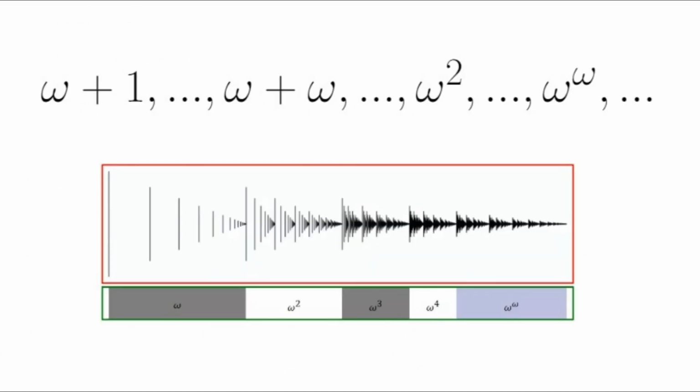And we can continue on. After the omega day comes omega plus 1, omega plus omega, omega squared, omega to the omega power, and the process continues forever until we've included all of the possible counting ordinals. At this point, we've included all of the hyperreal numbers, usually denoted star R. For more information on these numbers, please see my video on Hyperreals. A link will be provided in the description.